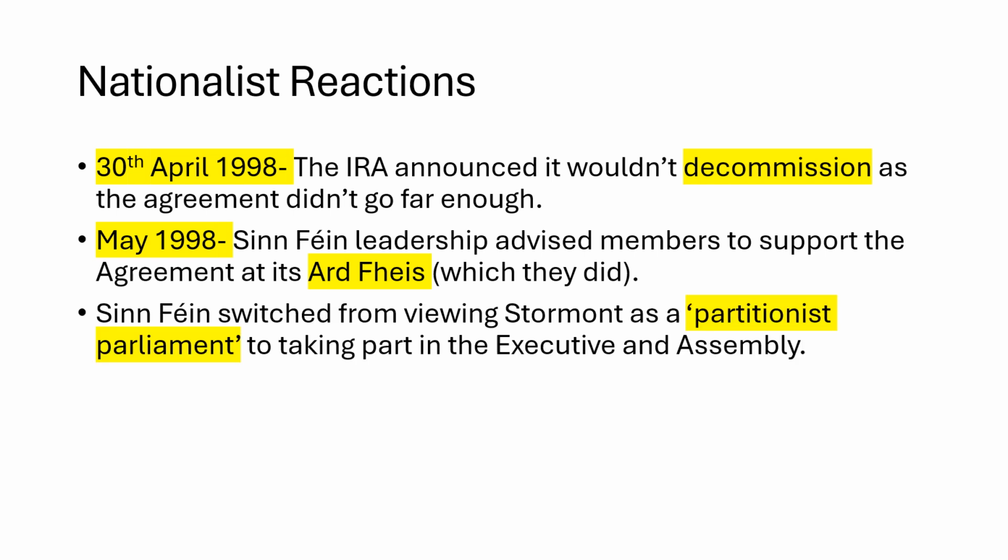Sinn Féin then begins to switch. It no longer views Stormont, as we had previously seen, as a partitionist parliament. It's no longer against it. In fact, it's going to get involved. It's going to be part of the Northern Ireland Assembly. And if they get seats, which eventually they do, enough to allow them under the government, they will take part in the Northern Ireland executive. So here we have a massive U-turn from Sinn Féin, from previously being a political party that was completely against standing in elections in Northern Ireland, to actually taking part in government in Northern Ireland with unionists as well.